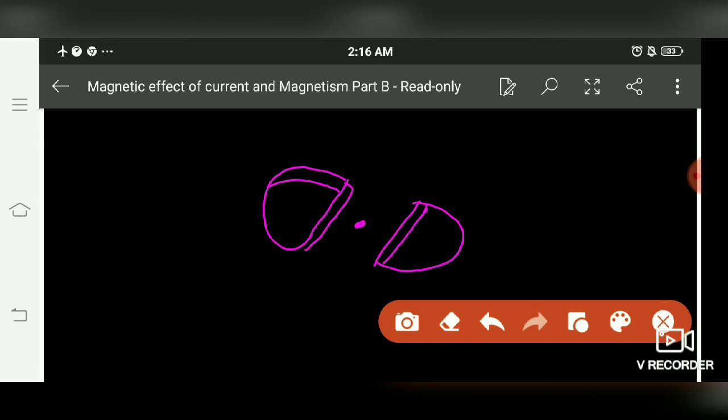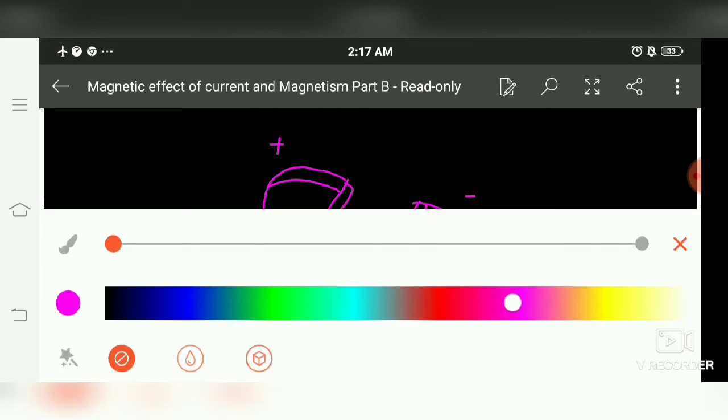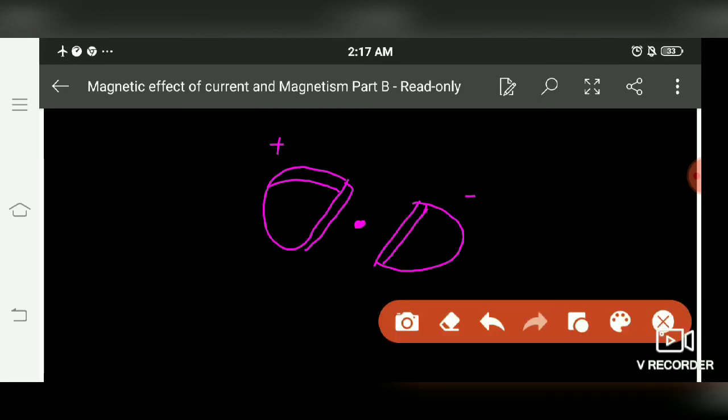This is a charged particle in the vicinity of two Ds. This D has positive charge initially and this one has a negative charge initially. Say we suspend here a positive charge. As this is positive and this is negative, it gets attracted toward this, but a perpendicular magnetic field is acting on it, due to which it covers a circular path.